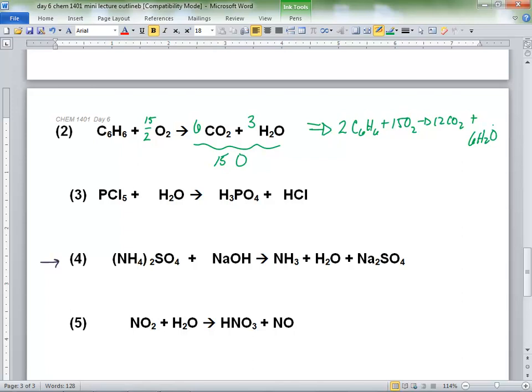That's ammonium. Ammonium sulfate. Well, that's basic molecular. So I go from there. Do you see that? Because ammonium is +1 and the sulfate